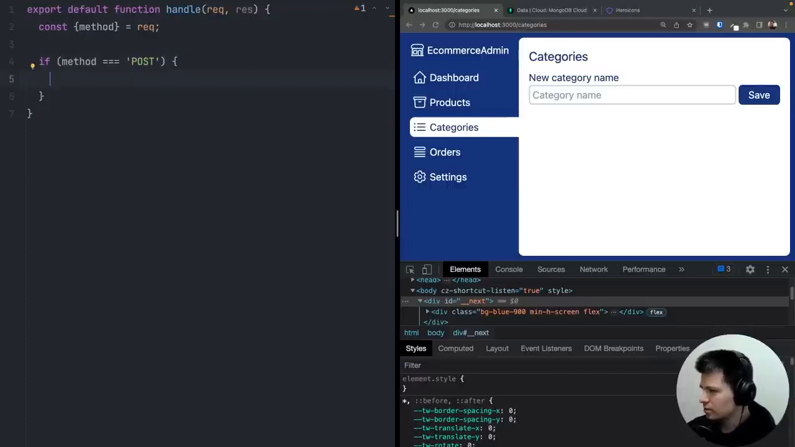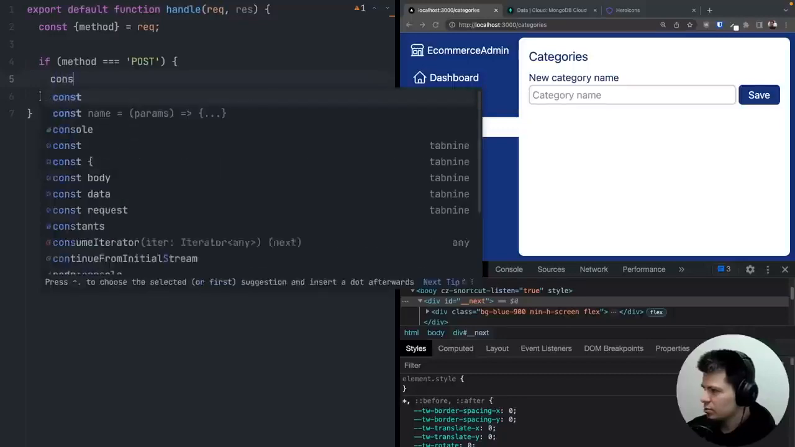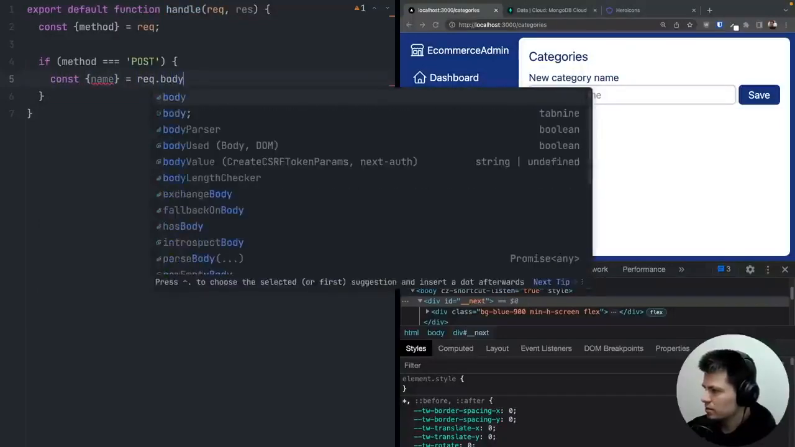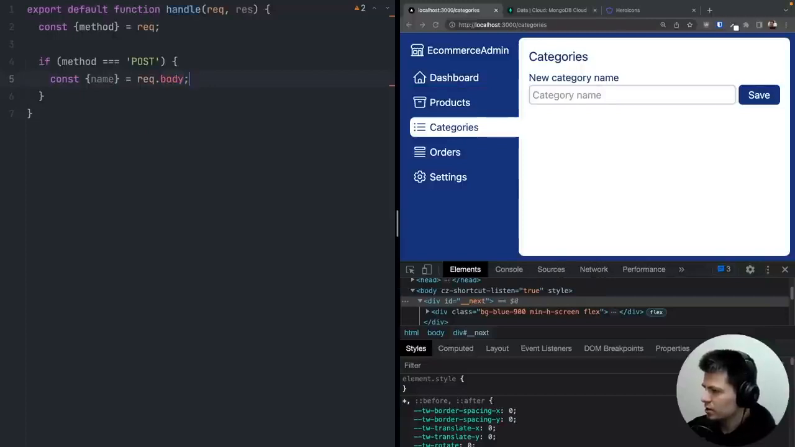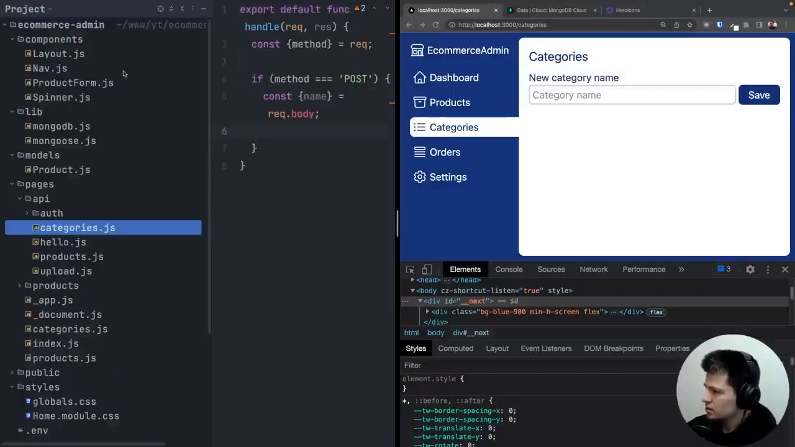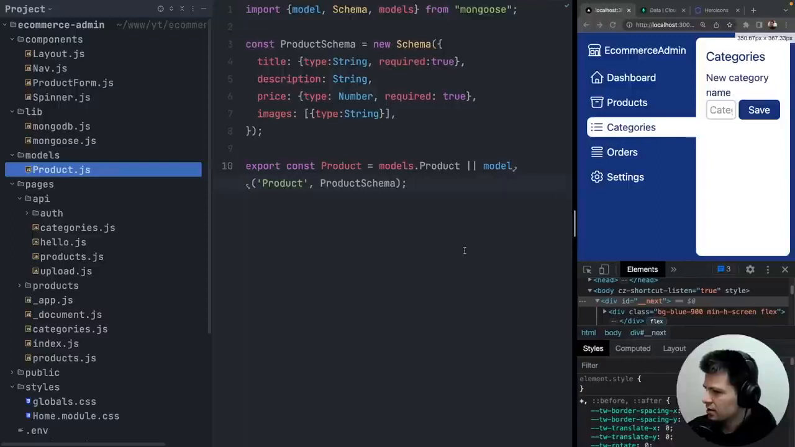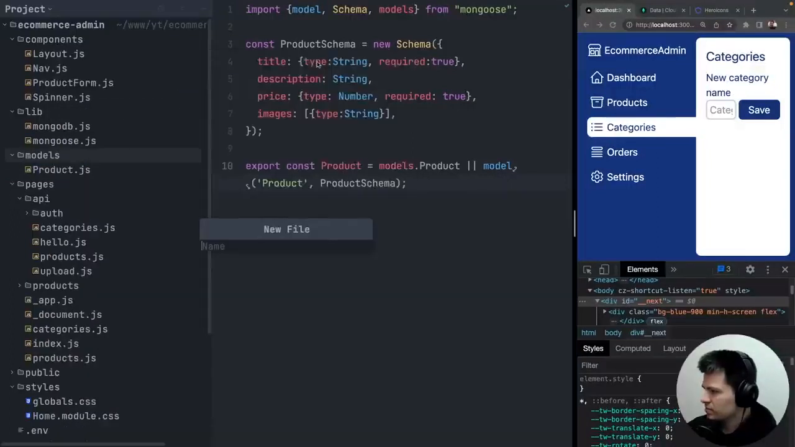So let's grab the name that we are sending. So let's do const name equals request body. So we are grabbing name from request body. And then what? Then we want to create a category inside our database. So inside our models, we need to create a new model for categories. So let's do this. Let's do new file, and let's call this one just